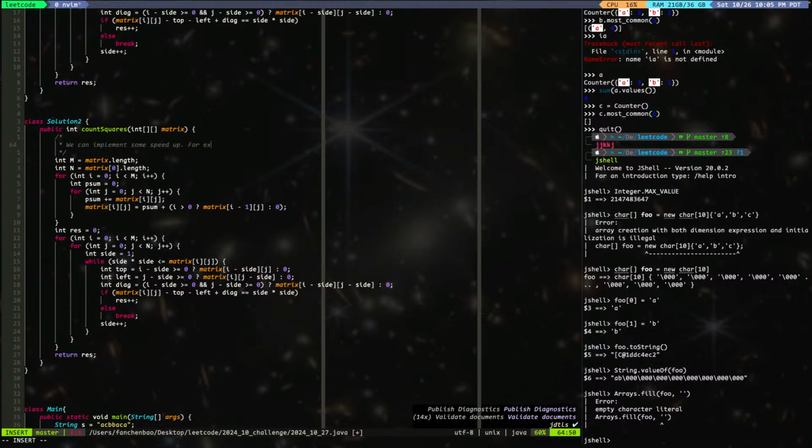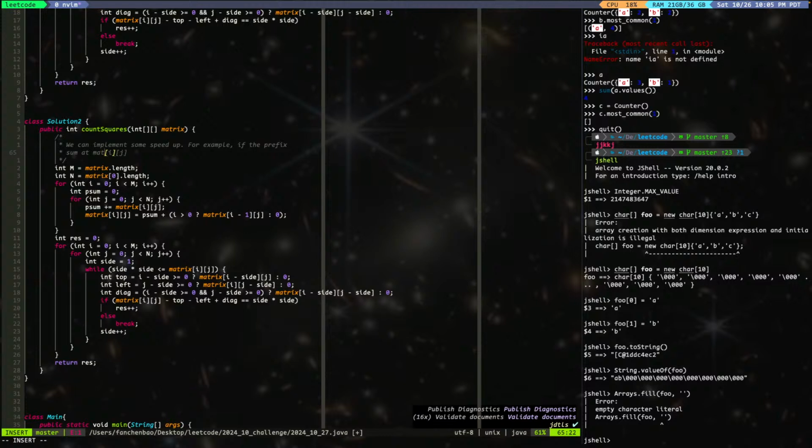For example, if the prefix sum at matrix ij is equal to I times j. Actually, no, it's I plus 1 times j plus 1, right? If that is the case,